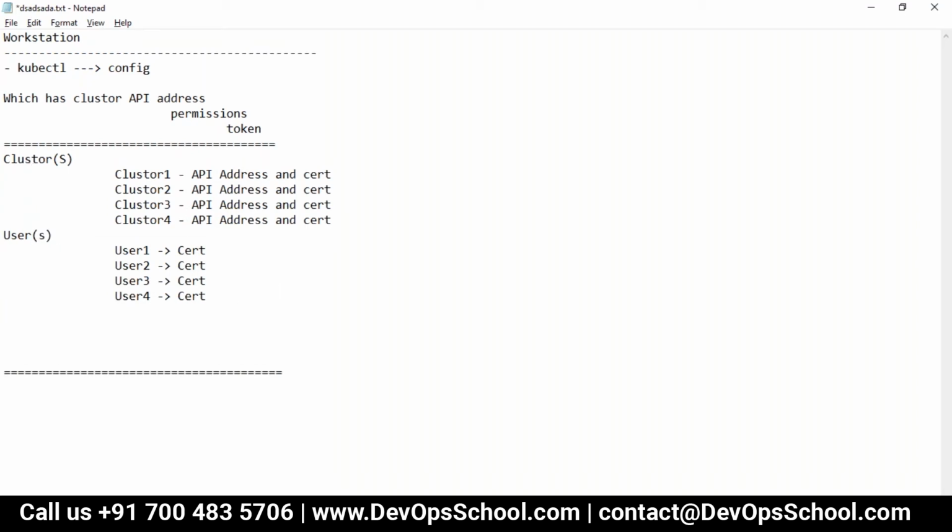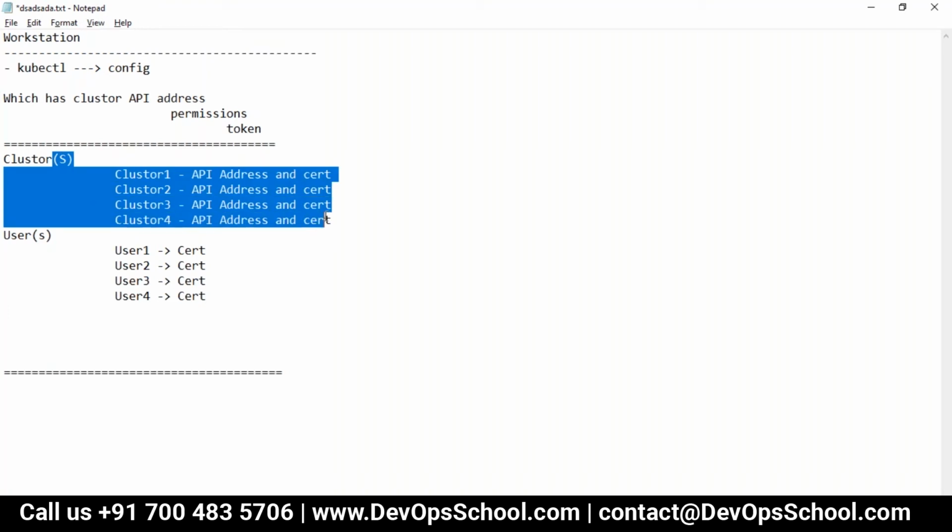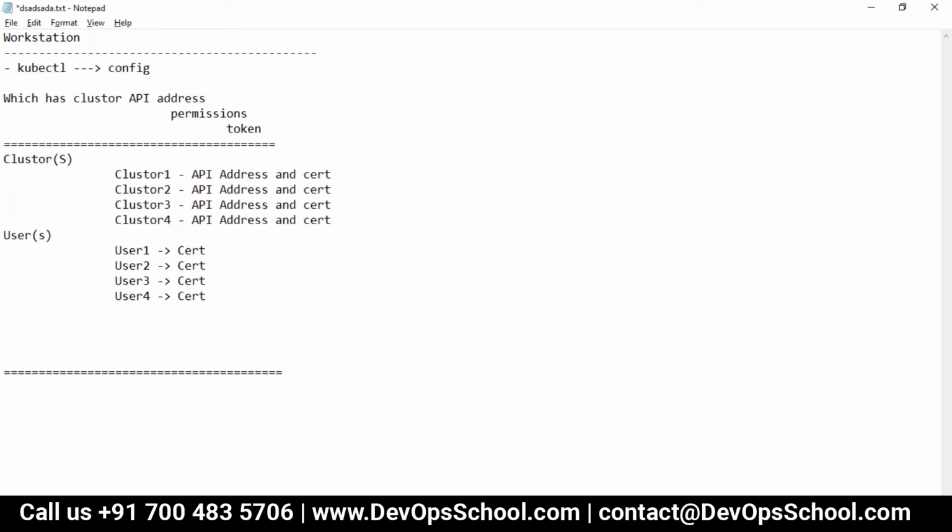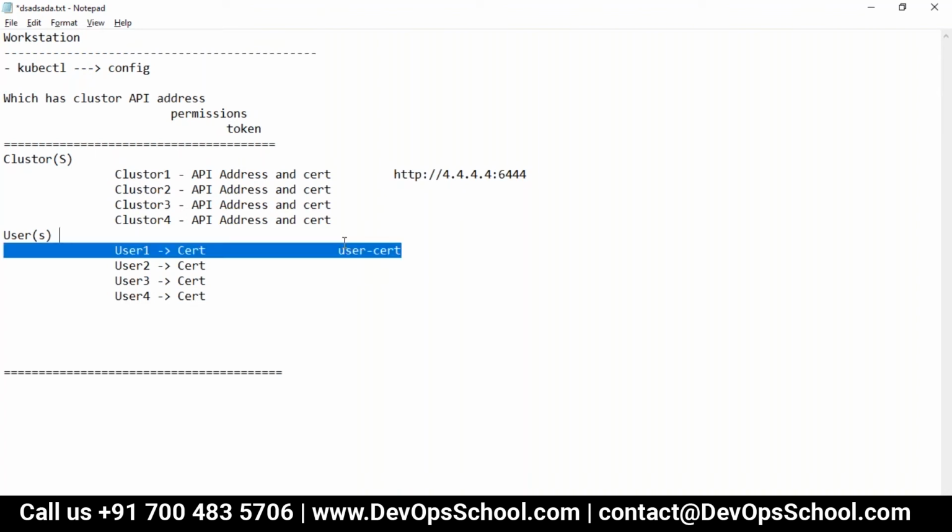Now the next thing is, here is the cluster address. The API address is there, let's say http 4.4.4.6444, something like that. This is the address. Here I got the user information, user and certificate combination, that's a permission. This is the access.